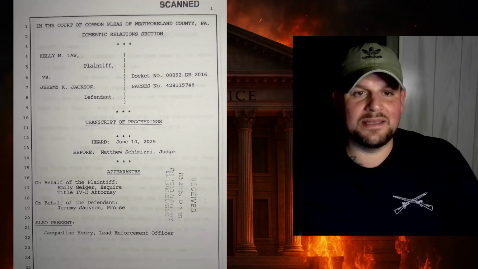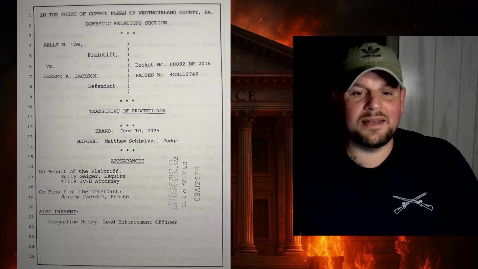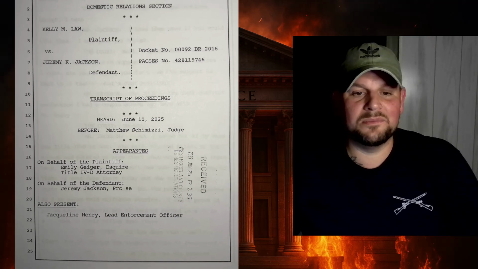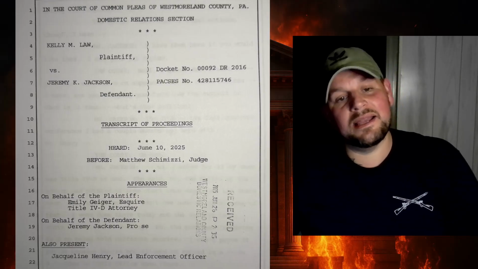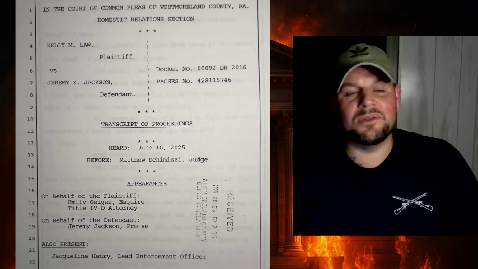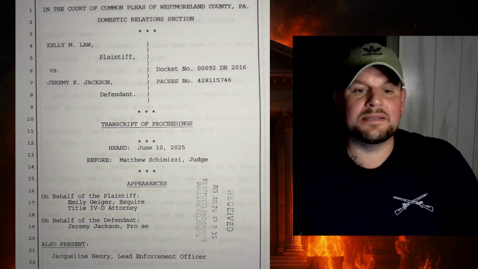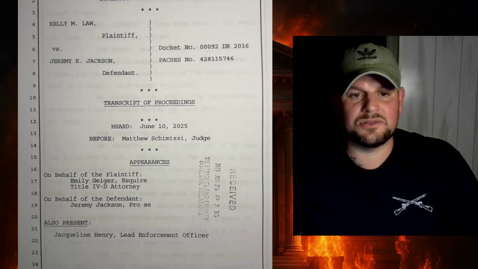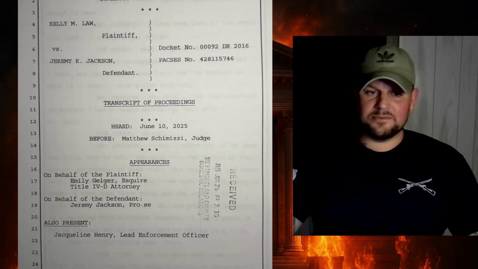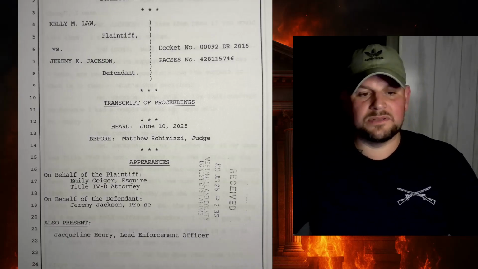This is the first page of the transcripts. And again, I did not add every single page to the transcript, and some people might say, well, that's not fair. And I get it, but we're not on trial here. I do have the whole transcripts, but I did want to show you guys the valuable parts of these. So this is just a cover sheet for the transcript. It shows the date, who the judge was, who was the plaintiff, who was the defendant, and who was involved.